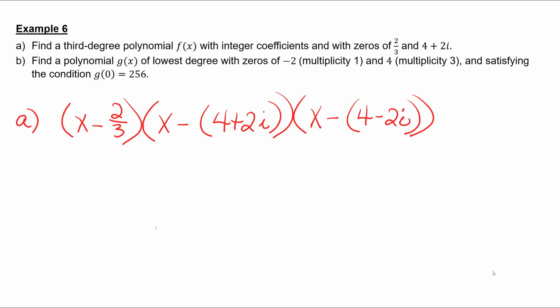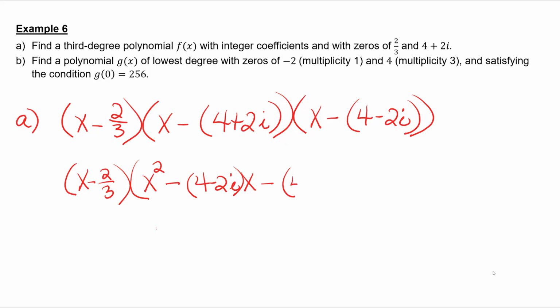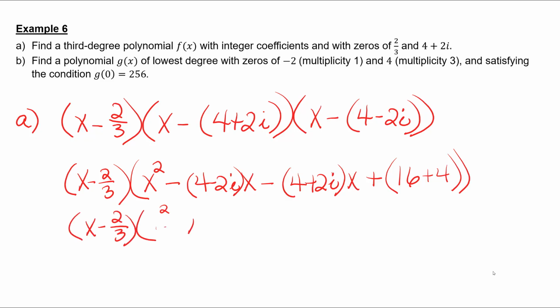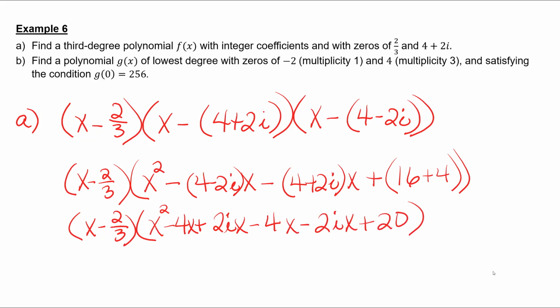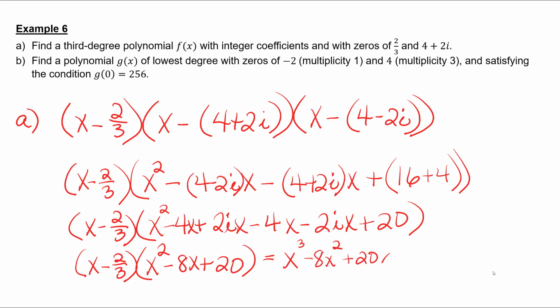But is it the polynomial that we definitely want? We're not sure yet. Let's multiply it out. So x minus 2/3 times x squared minus 4 minus 2ix minus 4 plus 2ix plus 16 plus 4. And so if we go ahead and collect our like terms and do the distributive property, that turned out to be x squared minus 8x plus 20. And now we can just multiply all that out. And we have x cubed minus 8x squared plus 20x minus 2/3 x squared plus 16/3 x minus 40 over 3. Now, that is a function with those zeros that it told us, 2/3, 4 plus 2i, 4 minus 2i,